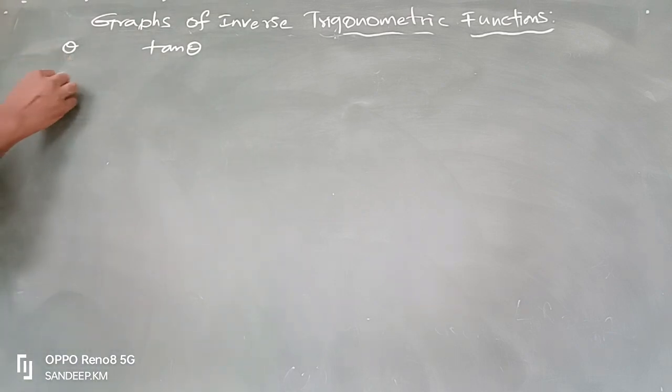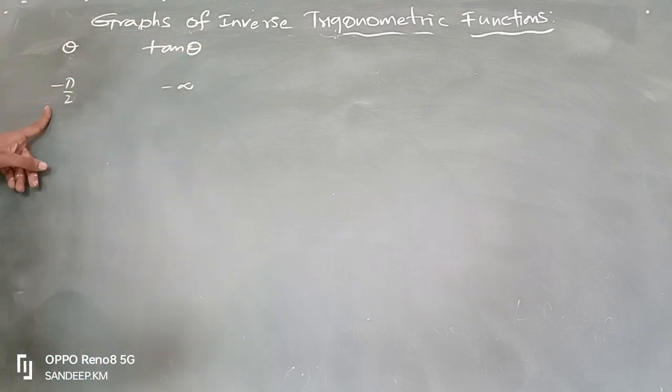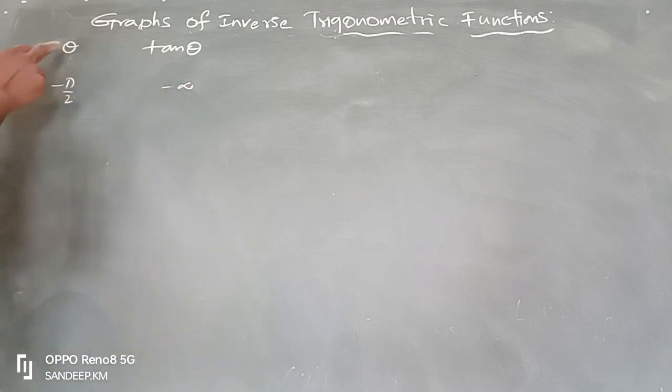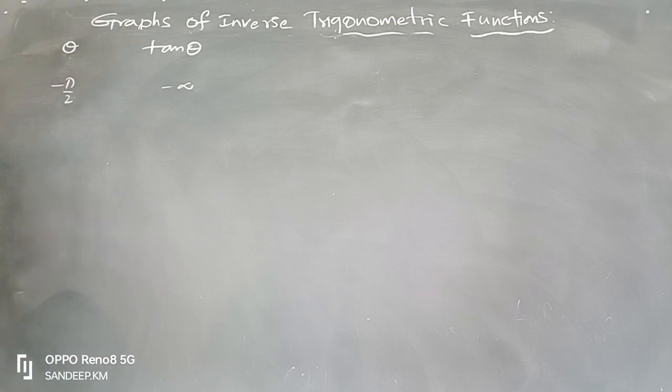When theta approaches minus pi by 2, because actually theta cannot be equal to minus pi by 2, tan theta approaches minus infinity. So please understand, we should not write tan theta equal to minus infinity. When theta approaches minus pi by 2, then tan theta approaches minus infinity. Okay? Next,